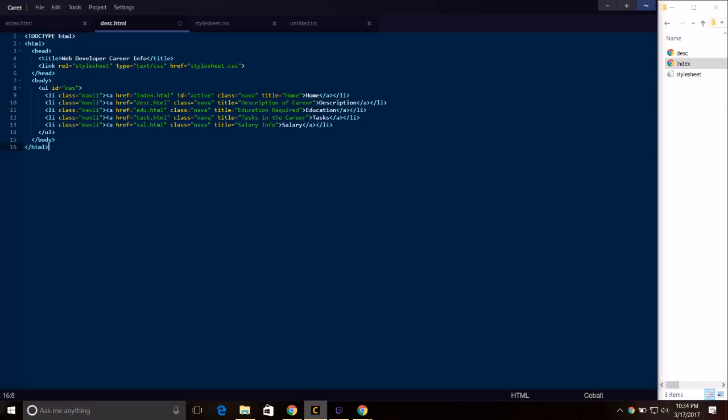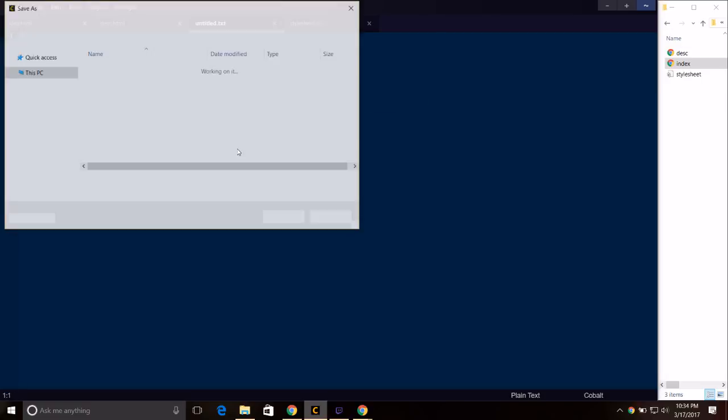So here, the ID active, like I said before, will go down here because we're on the description page. I'm just going to put the title here as description because I'm pretty sure they know what page they're on at this point. Maybe like web developer career info description. Hopefully they'll understand that. The ID active is right there. So then let's save this one as